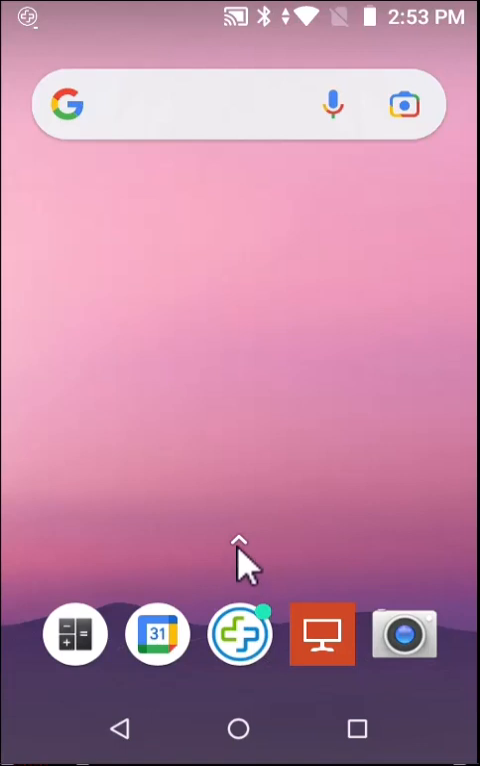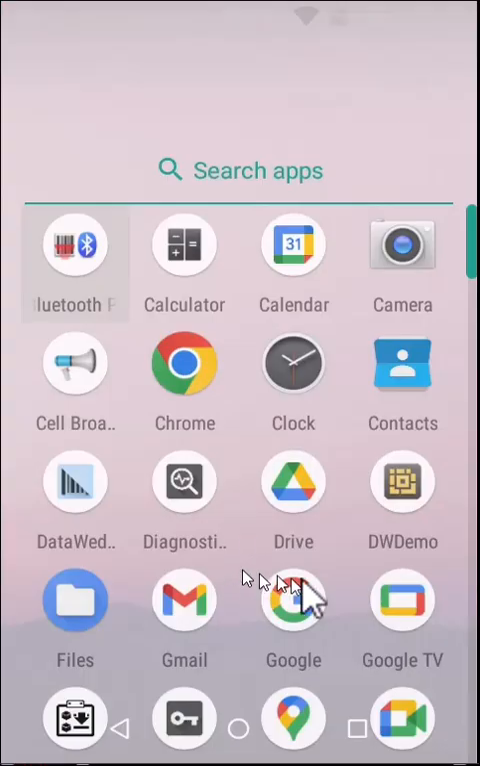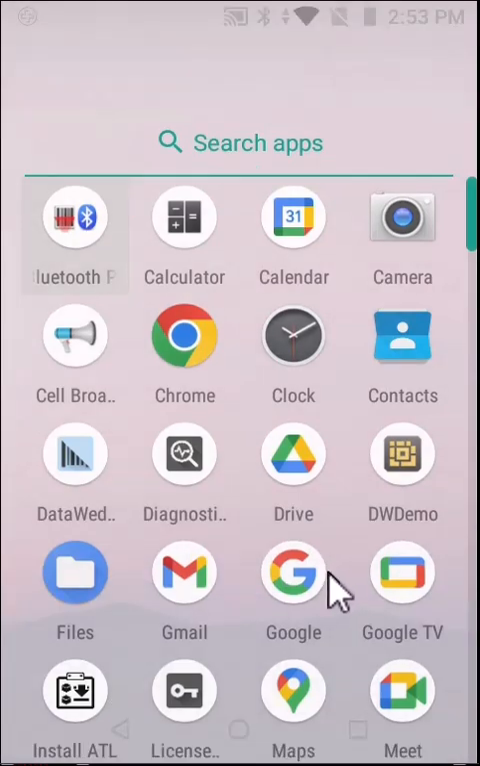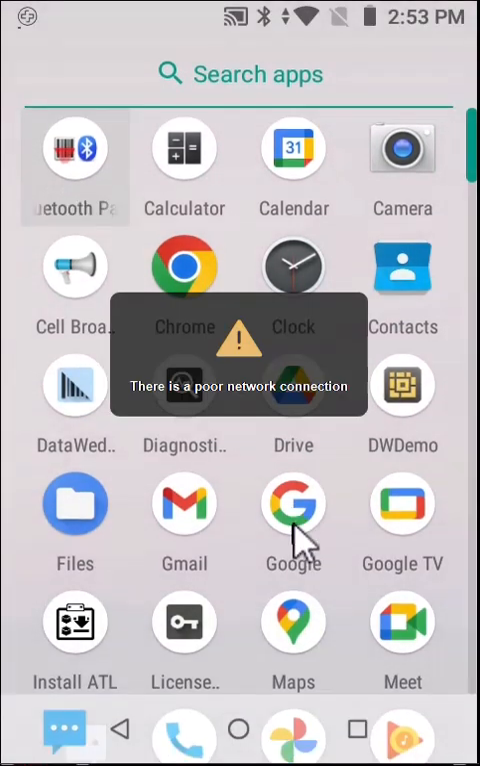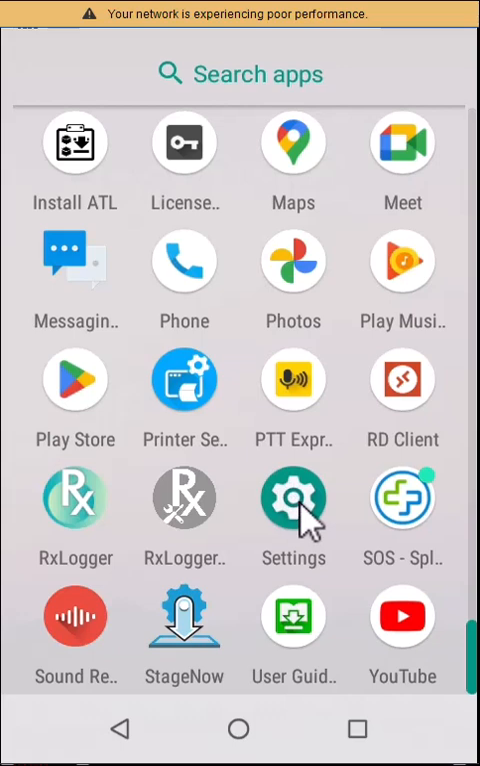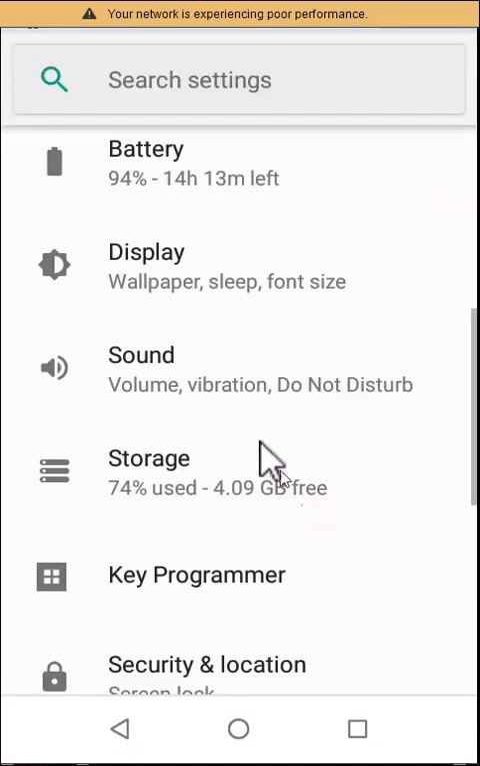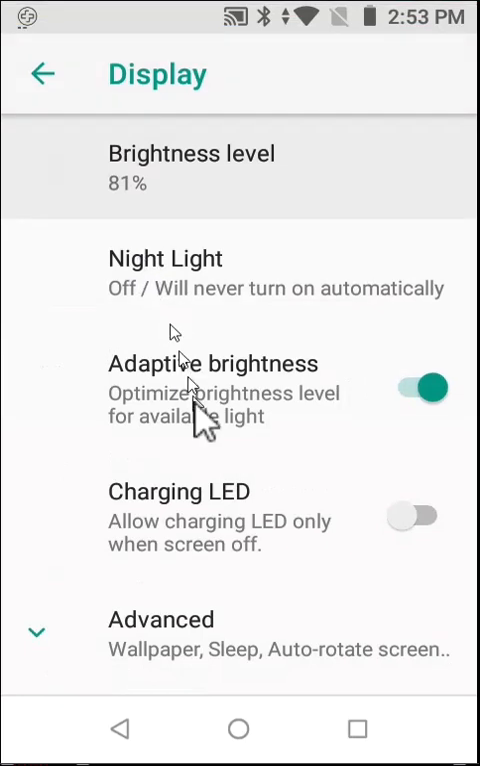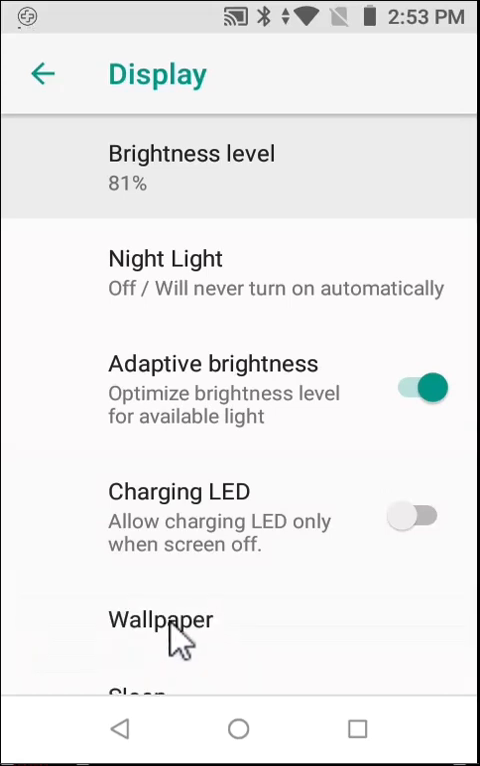I'm going to go and look at the settings. So I'm going to hit this up arrow right here. I'm going to scoot down on this list and find the settings tab. There's my settings tab. And this particular device had an odd wallpaper, so I can go into advanced and double click on wallpaper, and it will invoke